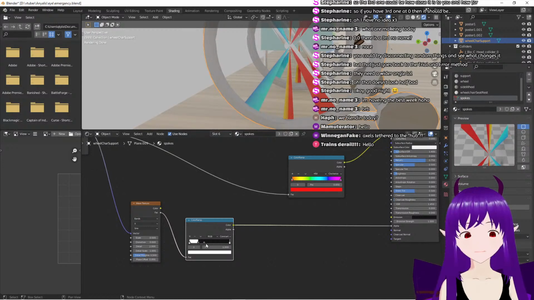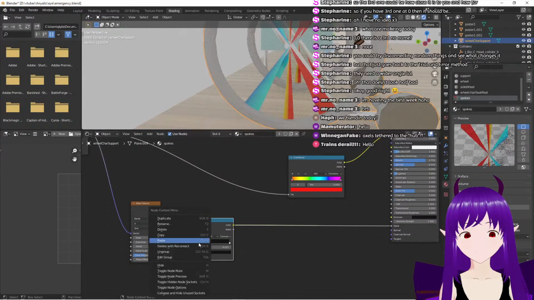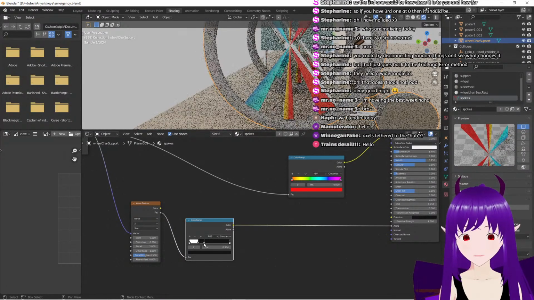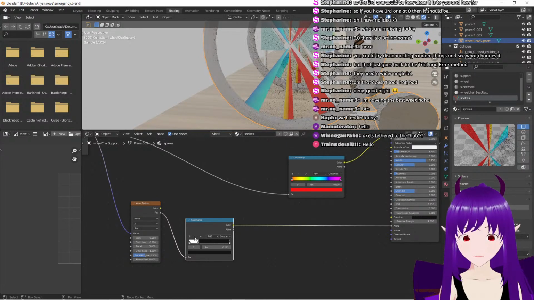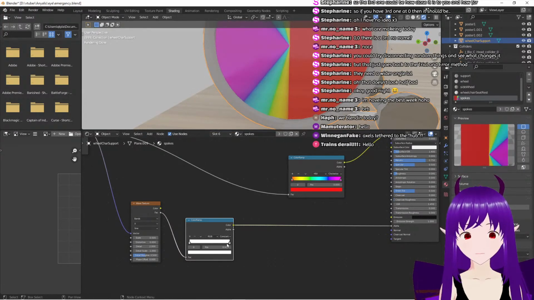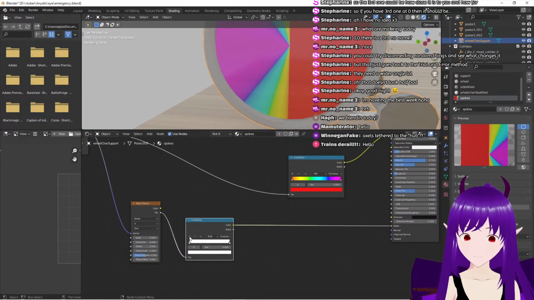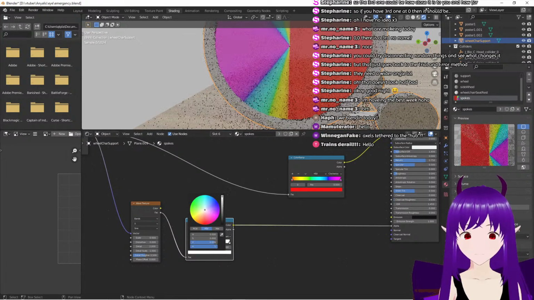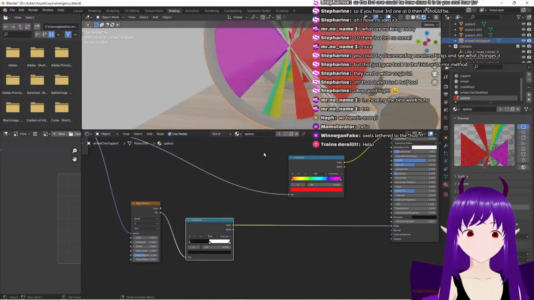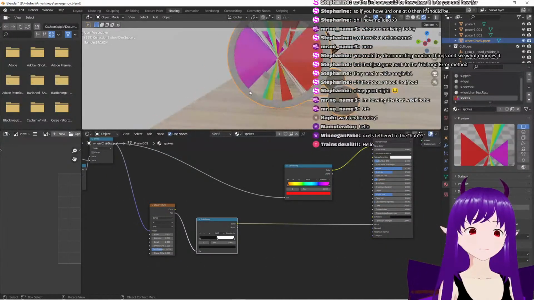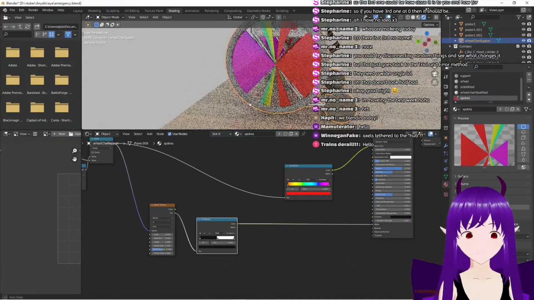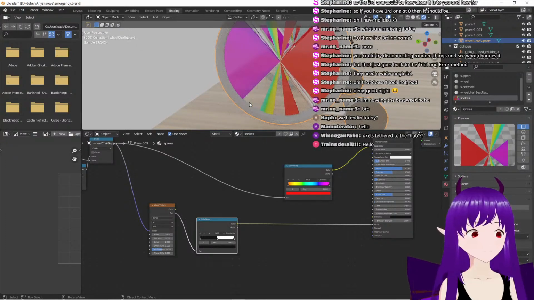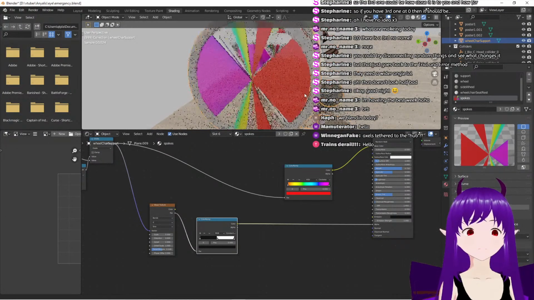We have spokes. Let's remove these first. There we go. Add one. Turn this color black. There we go. It's a little odd, but